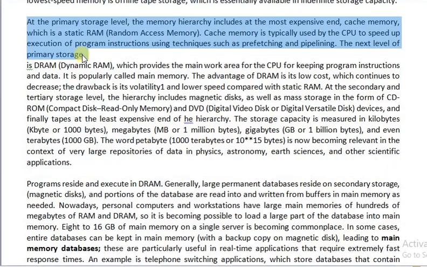Then from the primary storage device, the CPU will directly access the data in order to carry out the required operations. The cache memory of the digital computer, which is one of the primary storage units, is usually constructed using static random access memory. Random access memory is of two categories, static and dynamic. Static RAM is the most expensive, and it does not need to be periodically refreshed in order to maintain the data. Using such a device, the cache memory is constructed.